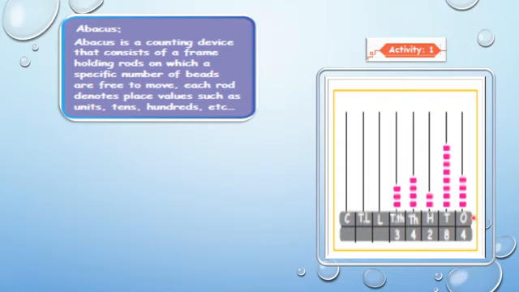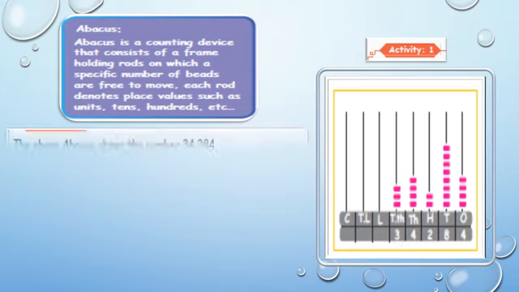Come to this abacus image. See here in this last column, the place value ones, O for ones. How many ones are there? 1, 2, 3, 4. So totally 4 ones are there. Likewise, in the tens column 8 tens are there. In the hundreds column 2 hundreds are there. In the thousands column 4 are there, and in the 10,000 column 3. That means 3 10,000s are there.